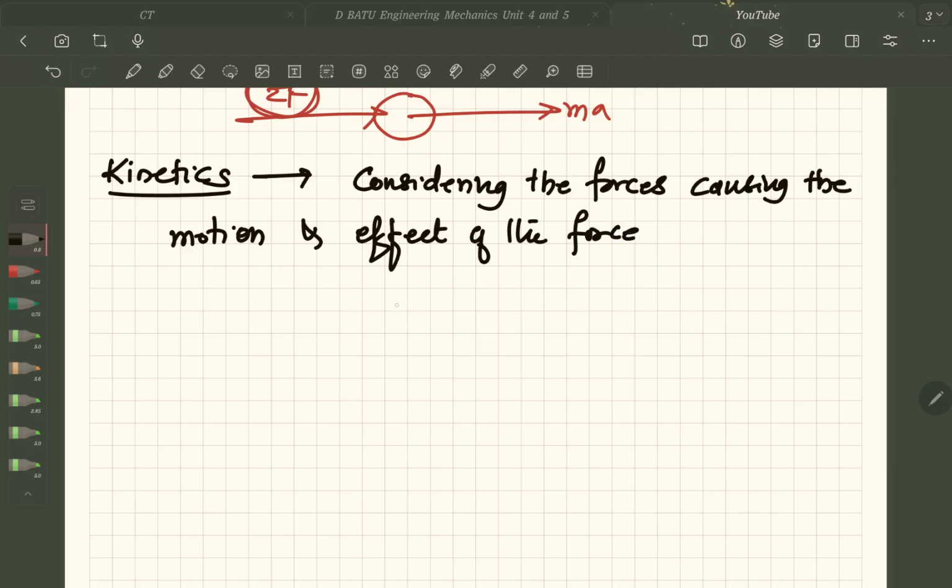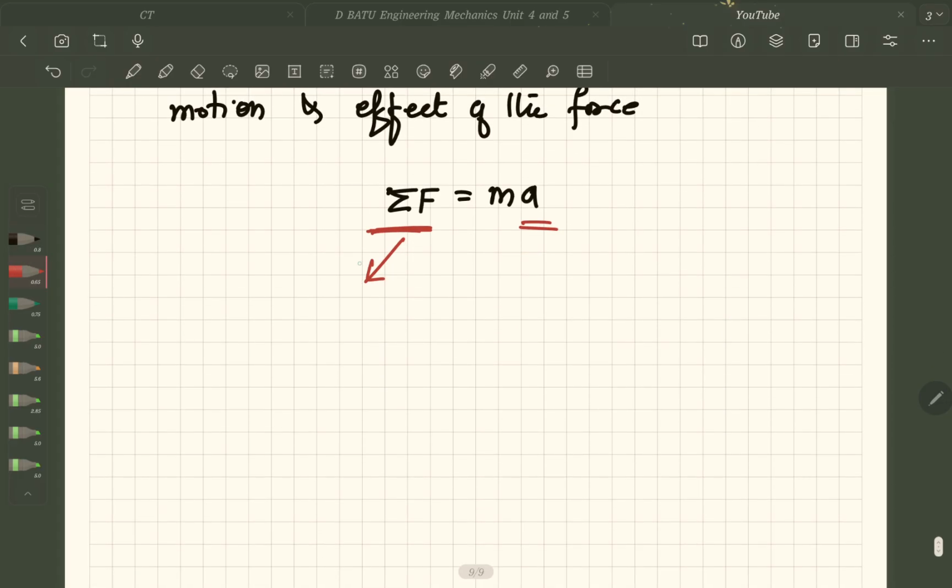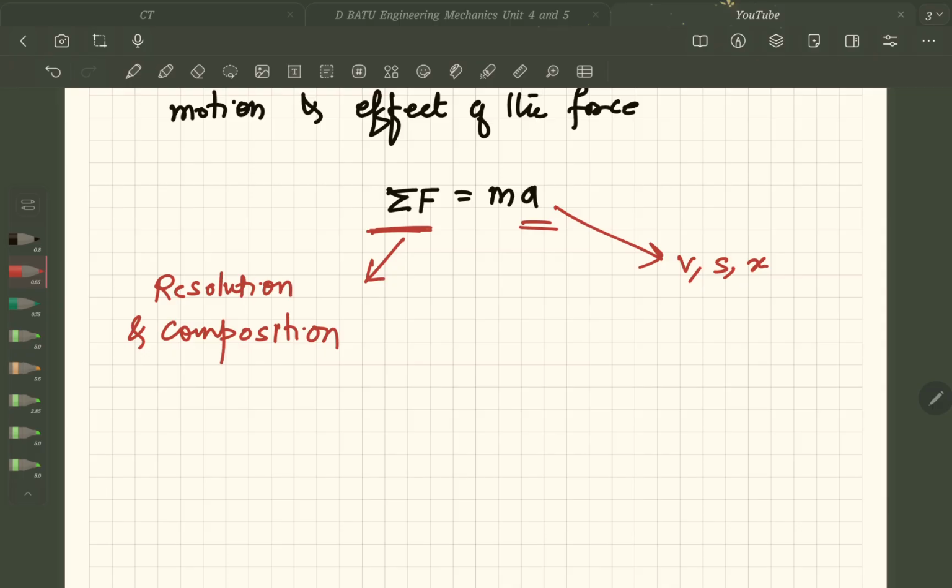If I consider Newton's second law, I am considering the summation of F as well as the acceleration. That means I have to use the resolution and composition of forces in this case, because we need to find out the resultant. And here I have to use the basics of mechanics to find out the velocity, displacement, position, as well as the time period. So in this case, we are considering the forces acting on the object and their resulting